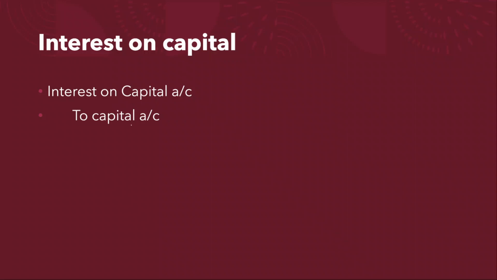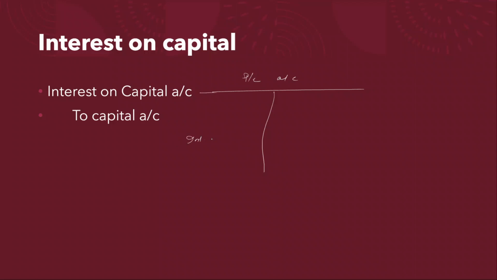Now interest on capital, we know that interest is given which is added to the capital. Capital is not our capital, it is the owner's money which he has given to us to do business. So the entry will be interest on capital account to the capital account. So in PL account it will be shown in debit side. Why? Because it is an expense for you, business has to give interest on that capital.